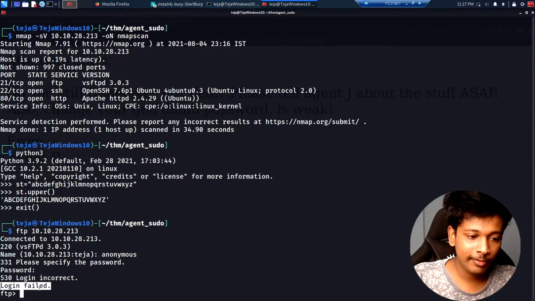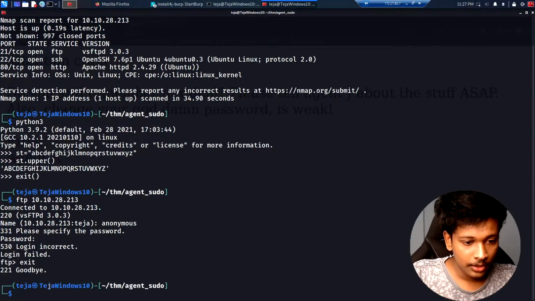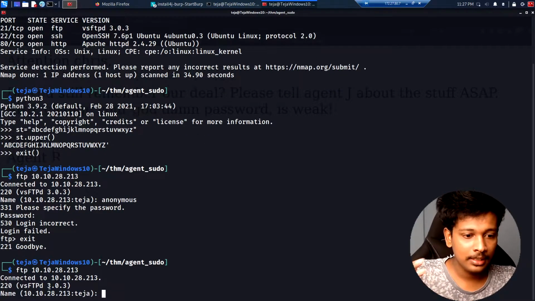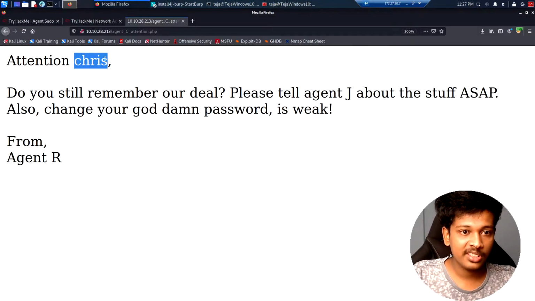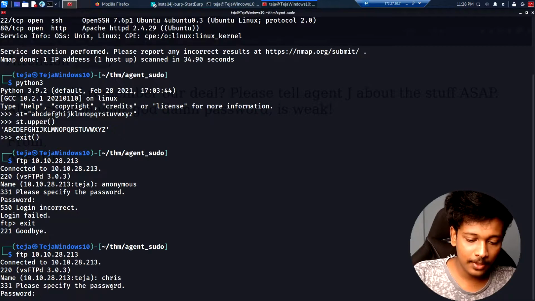Okay, so it says login failed. It means that the anonymous login is not allowed. So this time let's try with the username that we just found out, which is Chris. So I'm going to go ahead and for the username, I'm going to put Chris and it asks for a password. Let's try